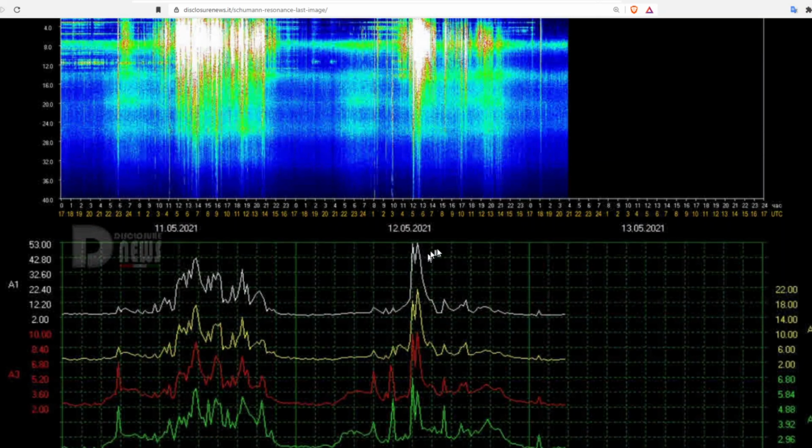All right, so I mentioned this before. When we're looking at these peaks, this number right here, 53, okay? Yesterday's peak was right there, 42.8. That was yesterday's peak, and that's where all these guys are, peaking at 42. This is our peak right here. This is where we end right here. That mark right there is 53.